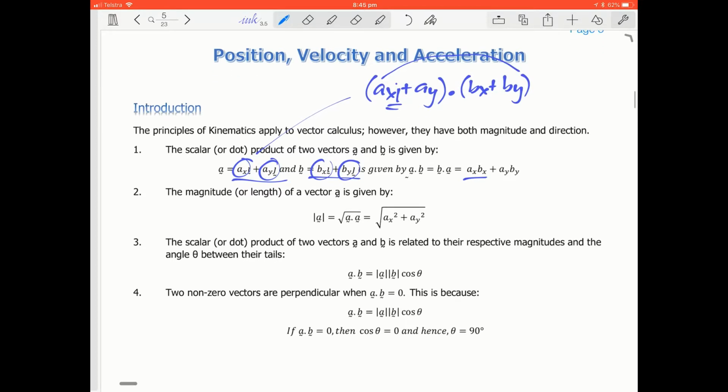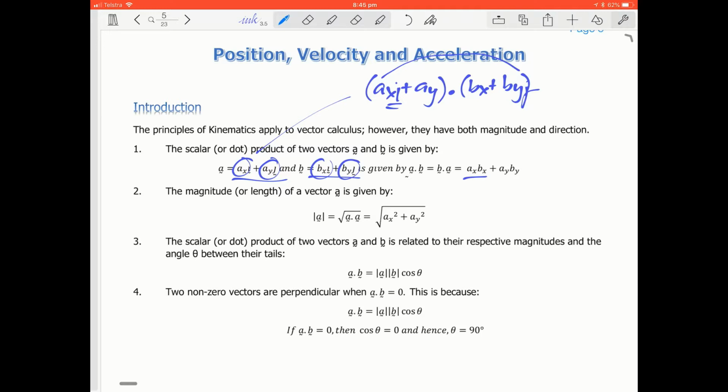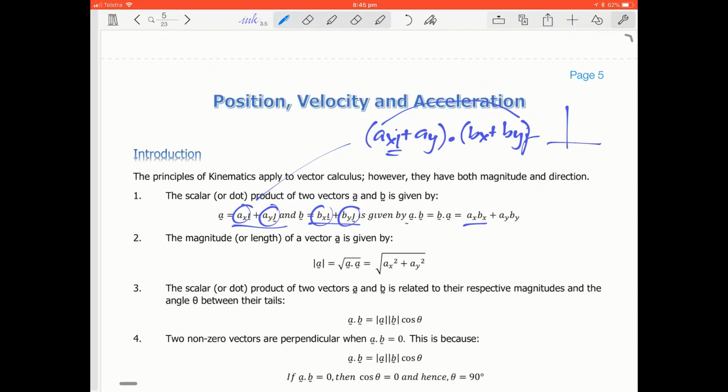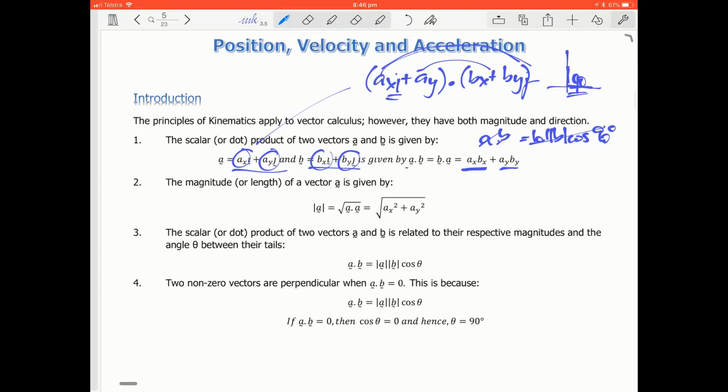Because one is in the i direction and the other is in the j direction, we know that if we have two vectors, one in the i direction and one in the j direction, the angle between them is 90 degrees. We know that a dot b is equal to mod a mod b cosine of the angle between them. If that angle is 90, cos of 90 is 0, so a dot b will equal 0. So if we find the dot product of these two things, they will just be 0. We know it's just the i components multiplied and the j components multiplied, or we could say x and y in terms of vectors, position vectors,